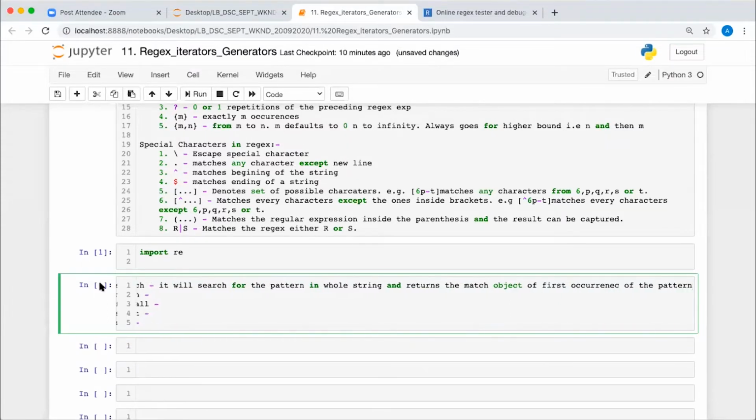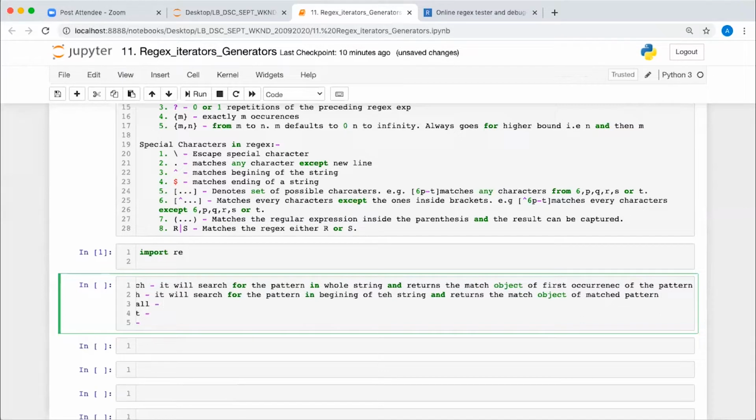Okay. Now, in the case of match function, so match object, it will search for the pattern in the beginning of the string, and returns the match object of the matched pattern.